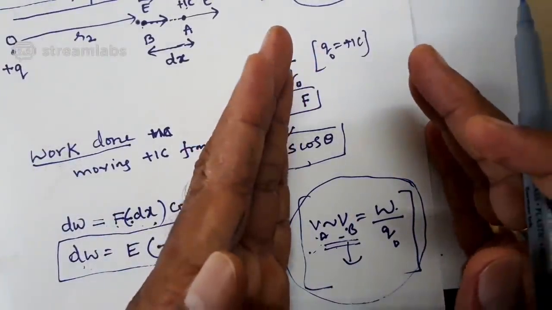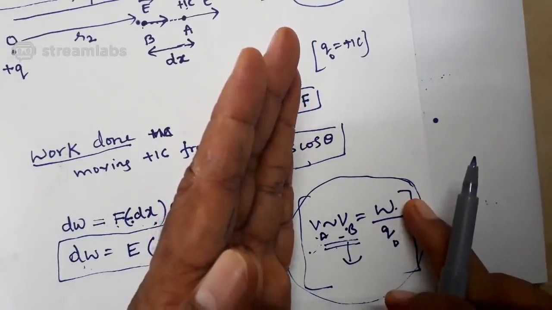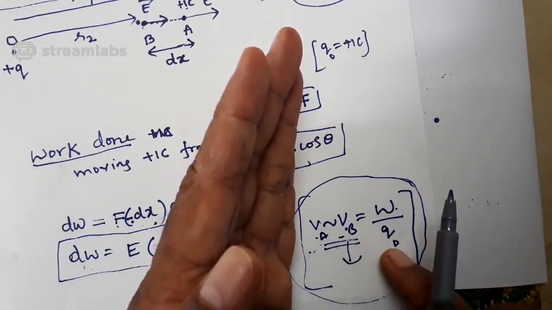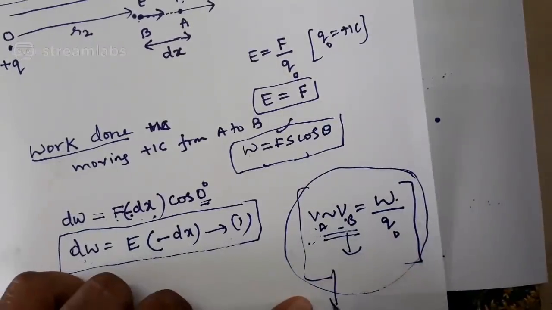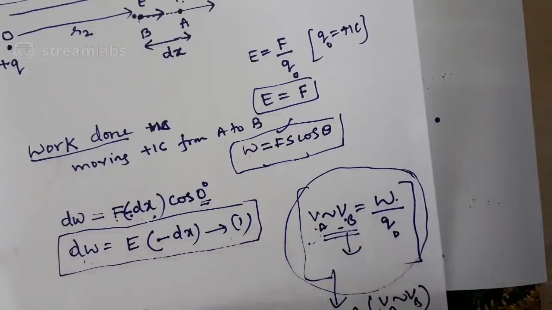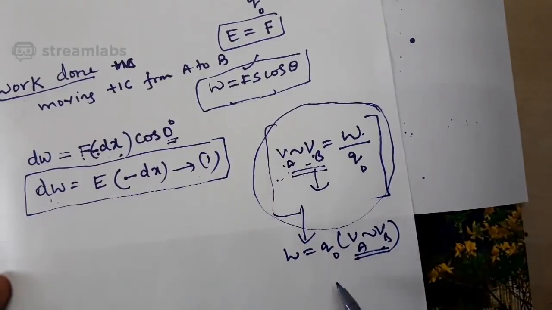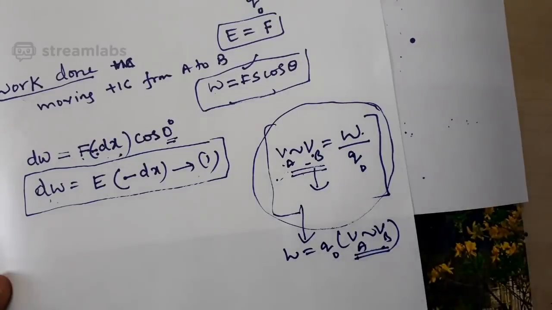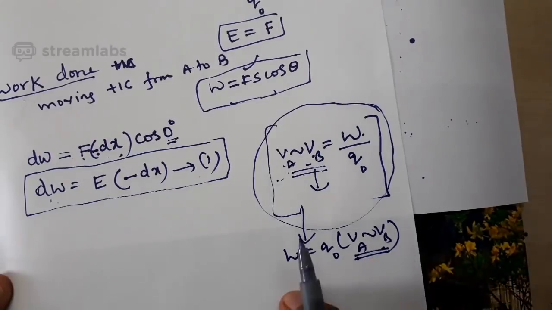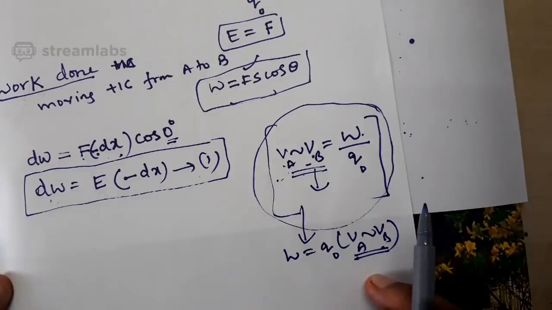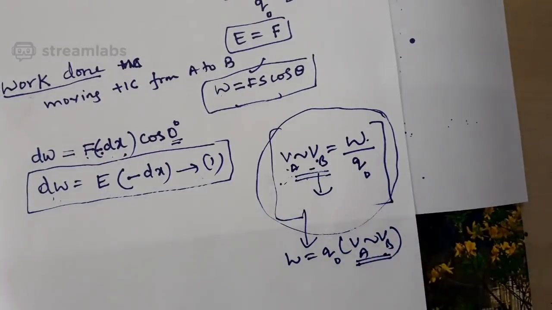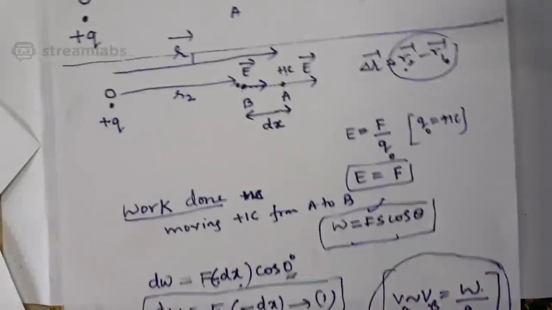Whenever you deal with problems related to finding the work done using the concept of potential difference in moving a particular charge, you can rewrite the above formula as W is equal to Q naught into VA difference VB. Here I might have written VA difference VB, the difference in potential at two points, but in reality it should be potential at the final position minus potential at the initial position. When you use that logic, sometimes work done is positive, sometimes negative. Now the question is, what is the significance of a positive work done and of a negative work done? Just look at this example.